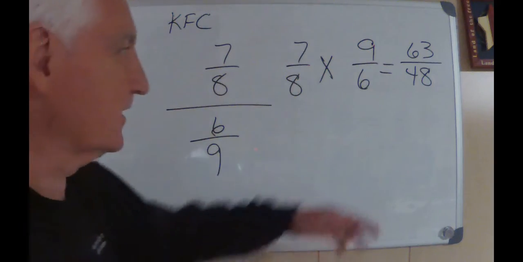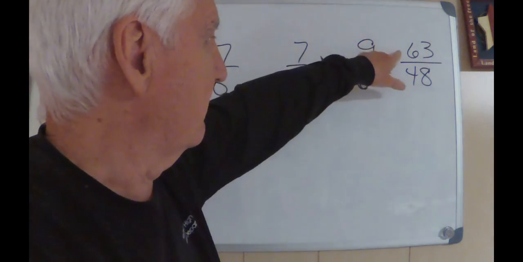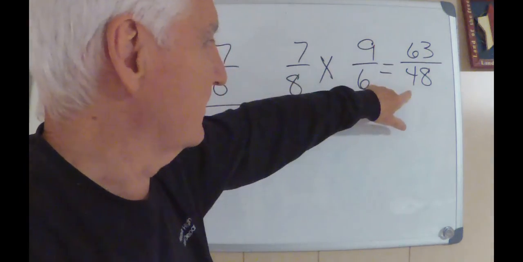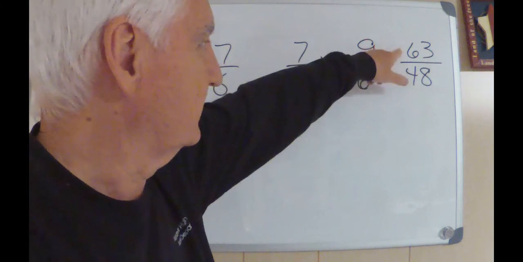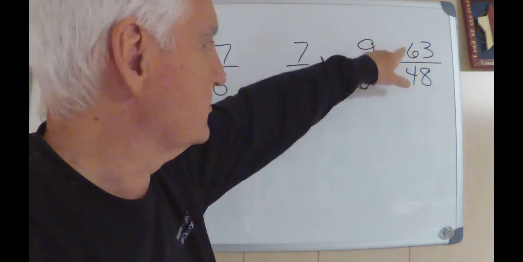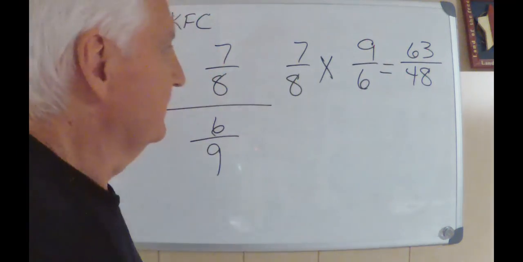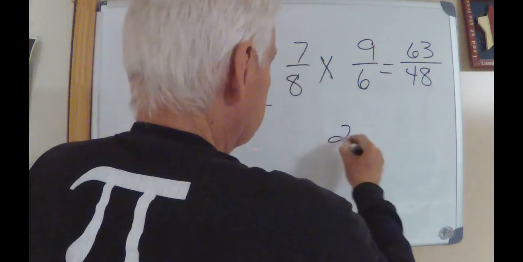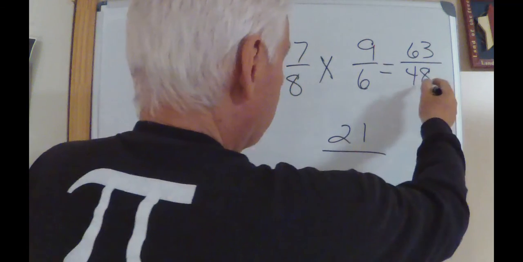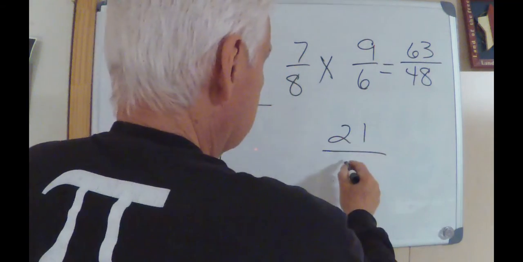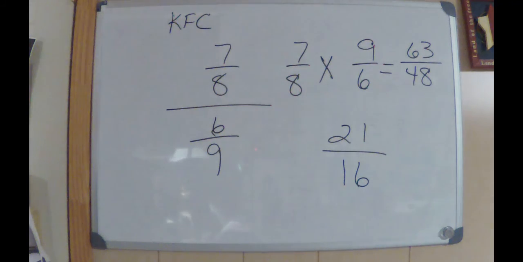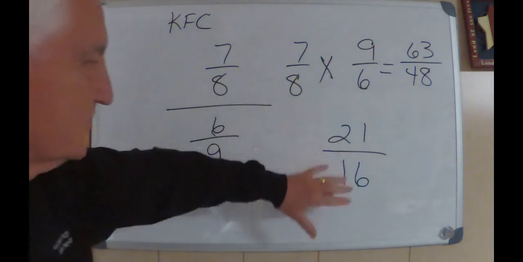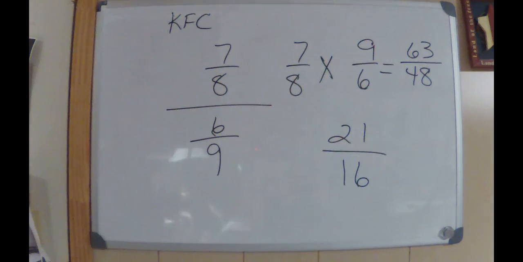Again, if I start to look at what the factors of 63 are, well, 9 is one. 9's not going to have anything to do with 48. If I did 3, I could do something with 3 here, because that's going to be 21. And 3 in here is going to go 16 times. 3 times 16 is 48. And then I asked myself, is there anything else that I could do with that? And there's really